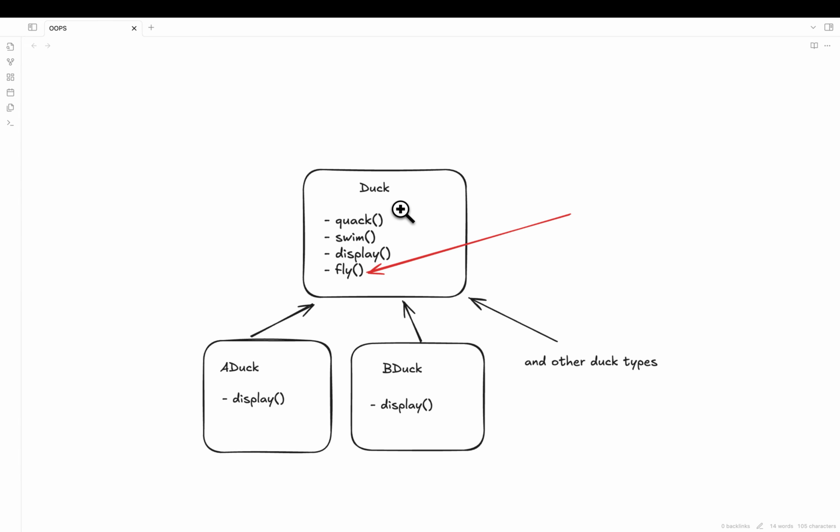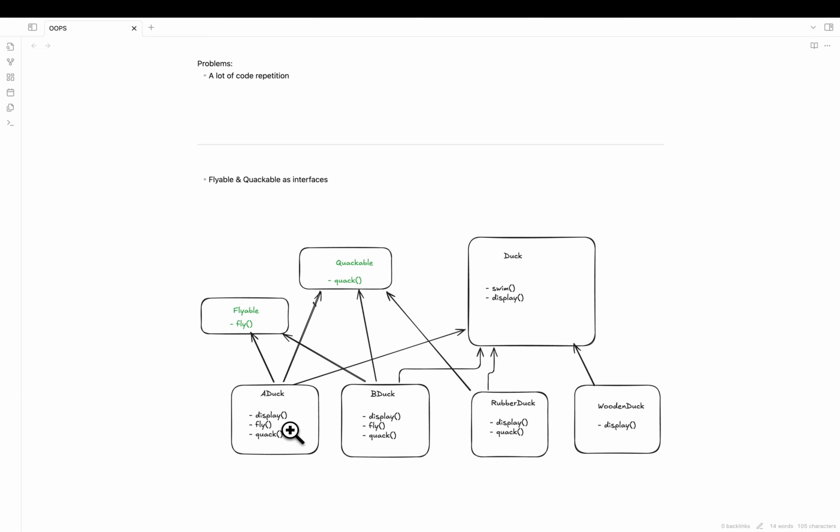Or else, in the next method, we created interfaces and implemented fly and quack in the subclasses. The problem in both cases, whether the logic is in the superclass or subclass, is that it becomes too rigid whenever something new comes up, and not flexible enough.